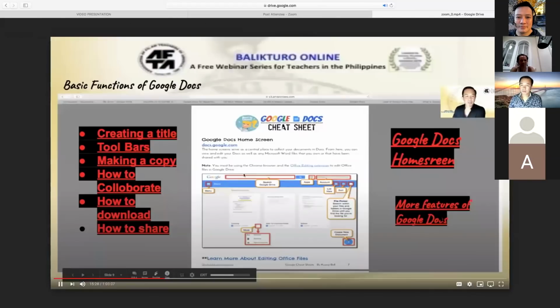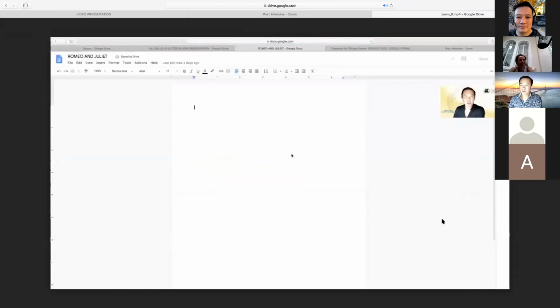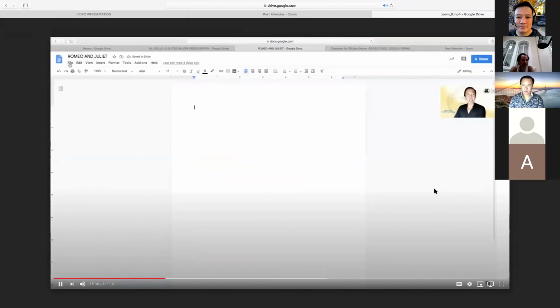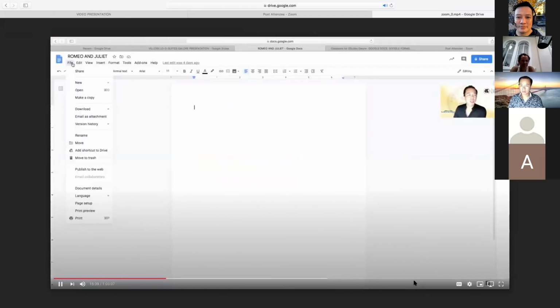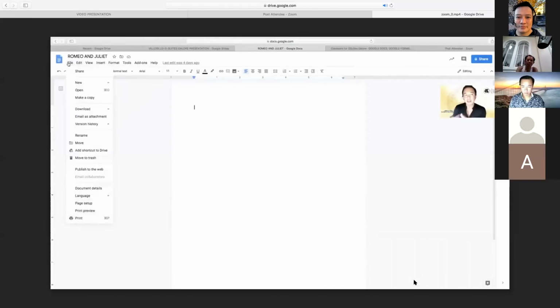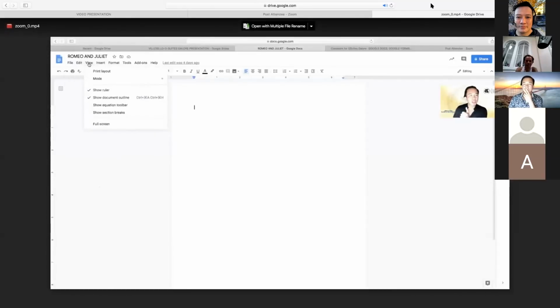The next part is toolbars. Now, what are some of these toolbars? The toolbars are right here. If you go down right here, these are some of your toolbars. You have File. Like I said, it's pretty much the same as the Word document. You can just browse right here and see some of the toolbars that you can use.